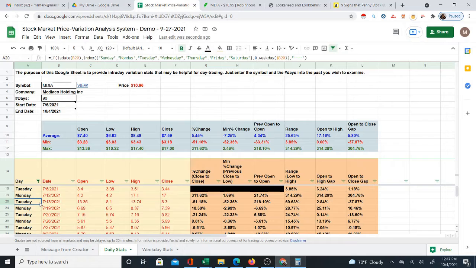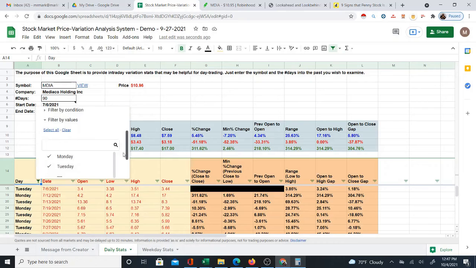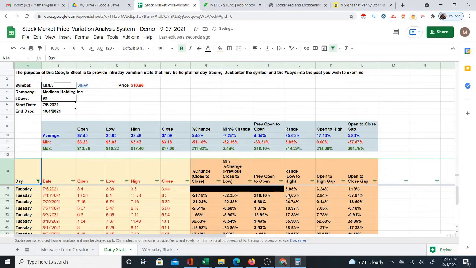I should only be looking at Tuesday. Okay, the Tuesday open to open. So here, this Tuesday, it went up to. In fact, what I can do is turn off the Monday, because the value means the day before compared to this day. So I don't need to see Monday anymore. I only need to see Tuesday right now. Okay, if I'm looking at this, previous open to open on this Tuesday,